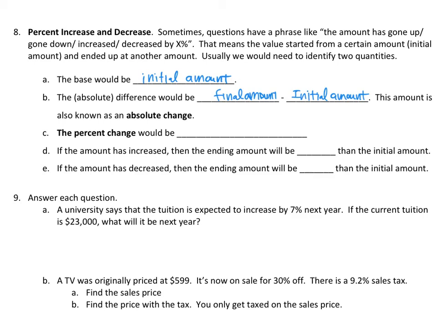For example, if the minimum wage was $13 before and now it has gone up to $15, $13 will be my initial amount and $15 will be my final amount. So from 13 to 15, it went up by 2. How do I calculate that? It's the final amount 15 minus 13, which is the initial amount. So $2 is called the absolute change or absolute difference. And how do I find the percent change? It will be just the absolute change divided by the initial amount.